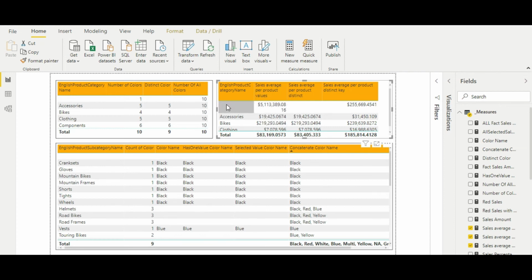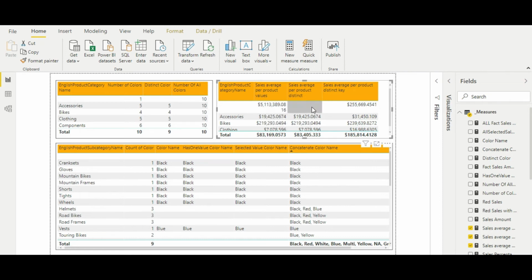Since it is getting divided by 1, and since all those product keys which belong to the silver color have been deleted from the product table, the correct number would require those product keys. Maybe there would be 10 products which belong to silver color, or 20. So we need to divide this number by 10 or 20. That will give us the average. This is the sum. This is not the average.